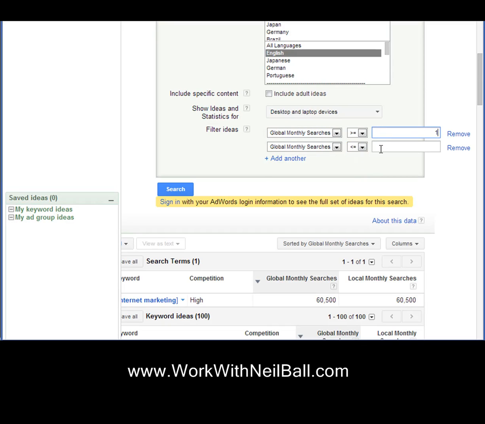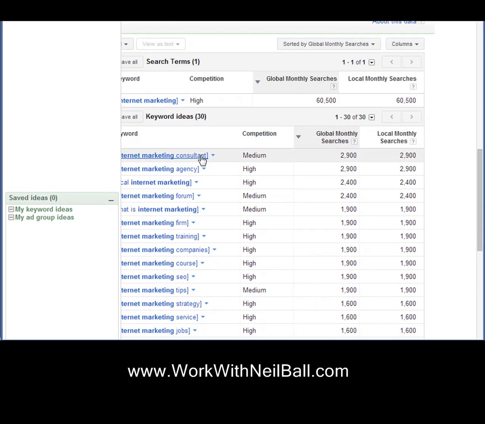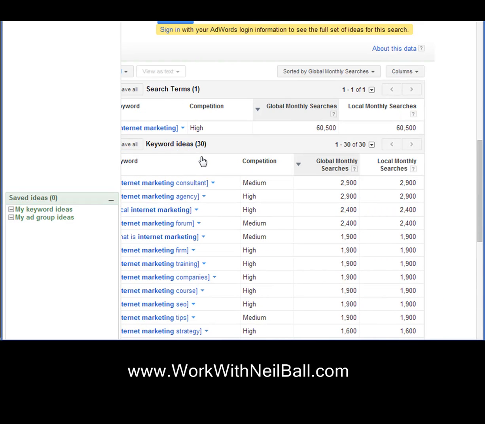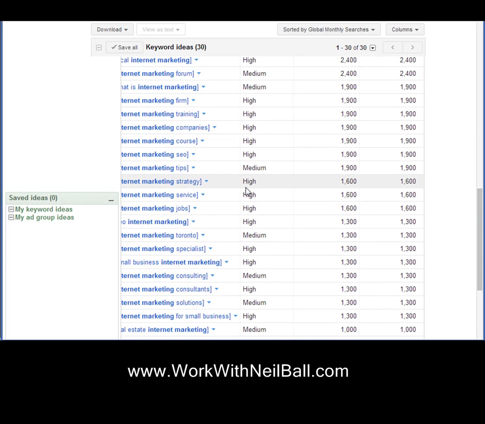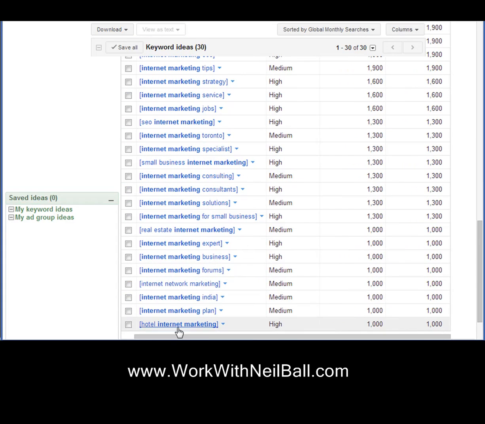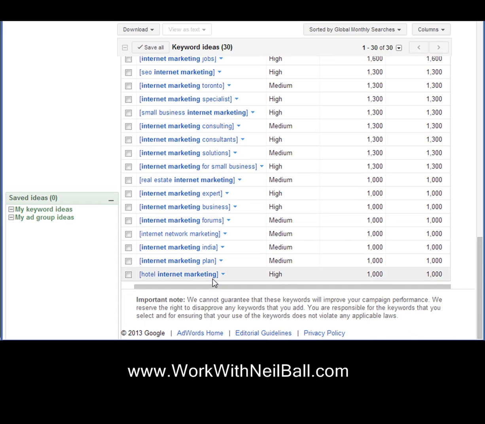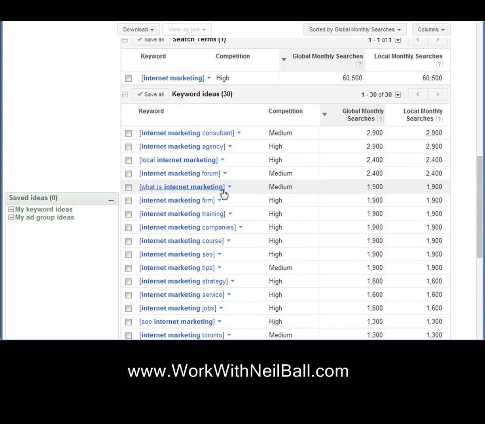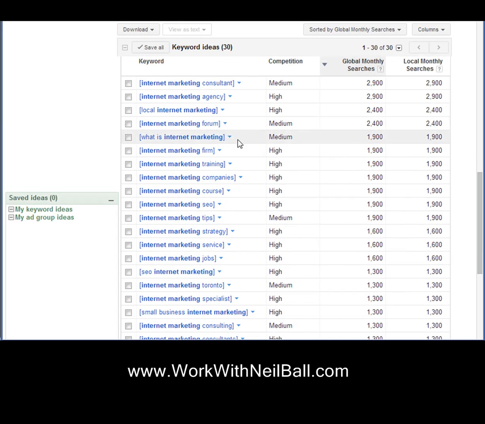Say, let's put that back on. And on this one, you might say less than 5,000. So you've narrowed it right down. And if you then do the search, what it'll do now is it'll only give you results which fall within that range. And you might find that some of the results weren't included previously because Google left them out, and there might be some easy to rank for terms in there that you would have missed otherwise. So that's a really good way of finding some extra terms in there that you can then write your article